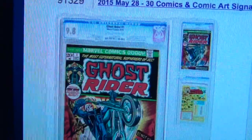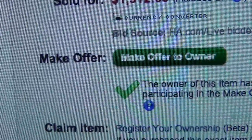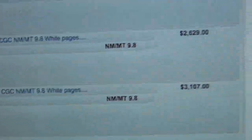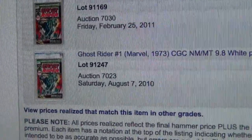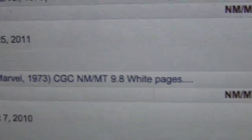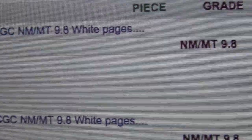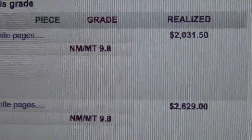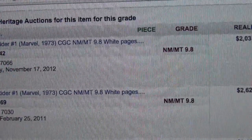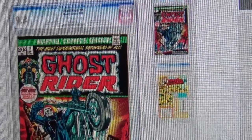Ghost Rider #1. This book has been sucking wind in the past few years, and beautiful copy. 1,912. Okay, and let's take a look at the reason why I say it's been sucking wind. Okay, back in 2010, 3,100. 2011, 2,600. 2012, just over 2,000. So at 1,900, it's still declining, but at least at the minimum, the decline is at a smaller percentage,